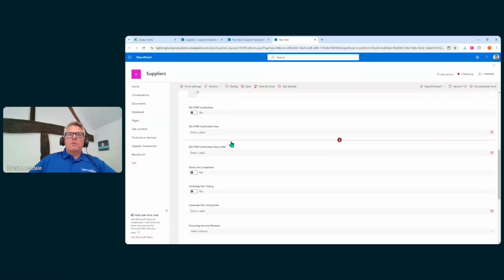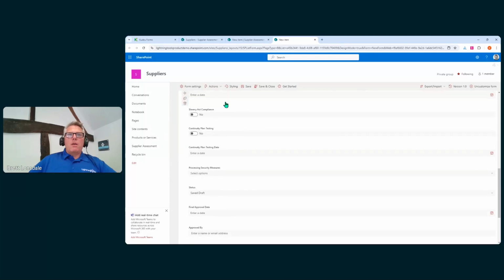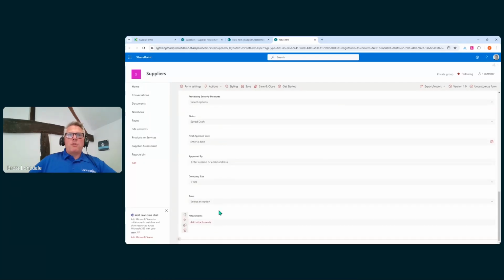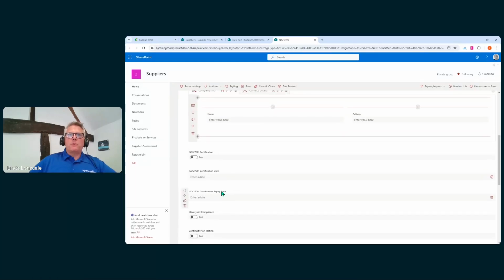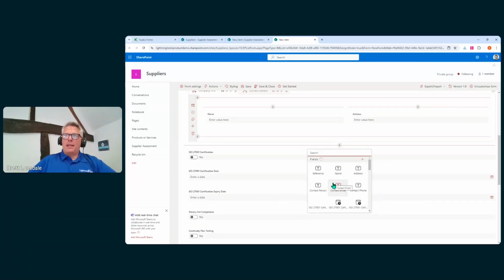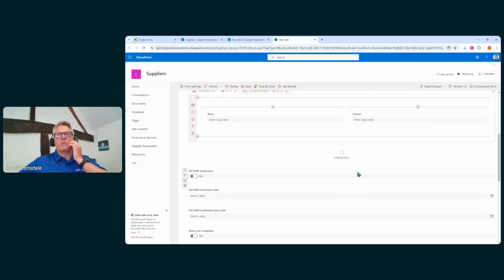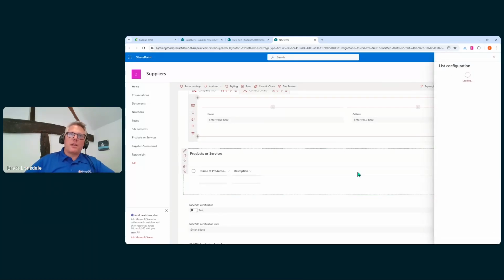All right, so I'm sure you don't need to see me creating more tabs and dragging and dropping fields into the relevant places. So let's just go in and add a sublist, something we've not looked at yet, and then I'll call out some of these other new features as well. So if we want a sublist, we've got one called products and services. So I'm going to choose the products and services list, and notice how that gets embedded